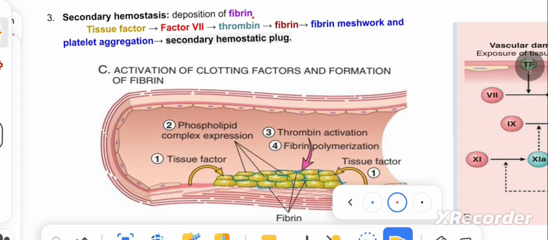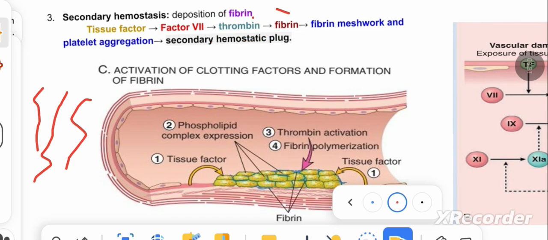Now let's go back. We have seen how this factor 7 leads to formation of thrombin. So that thrombin, we saw that it activated fibrinogen into fibrin. So here, remember, fibrin is very important. Now this fibrin will form what we call a fibrin meshwork. So remember, we have these fibrin threads, okay? And then these fibrin threads, remember as well, this